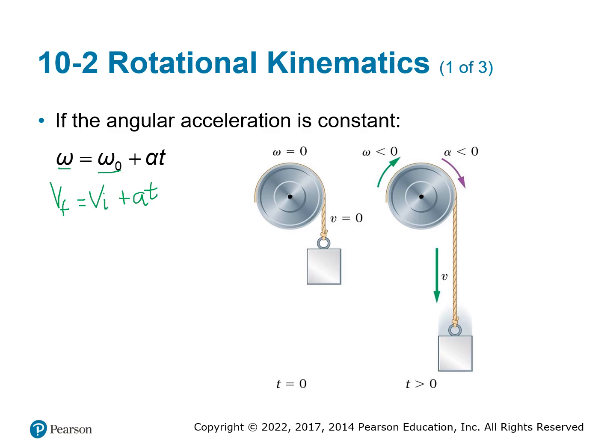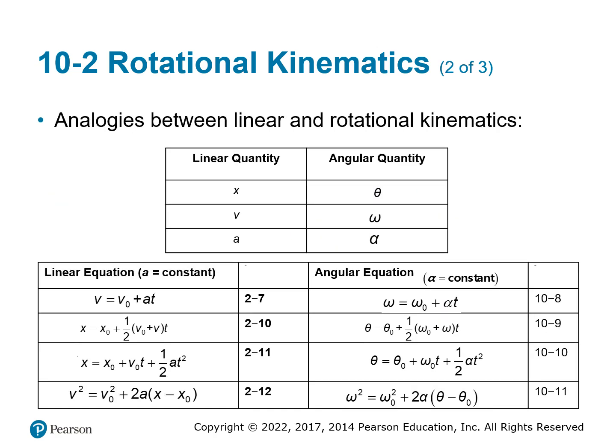Just like your regular kinematic formulas, the only difference is they just have the Greek symbols for angular quantities. So this is a really, really good comparison chart. I would recommend you have this as part of your formula chart, but it gives you comparisons of linear motion to the angular motion quantities.